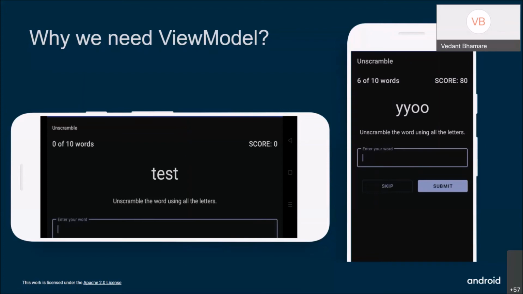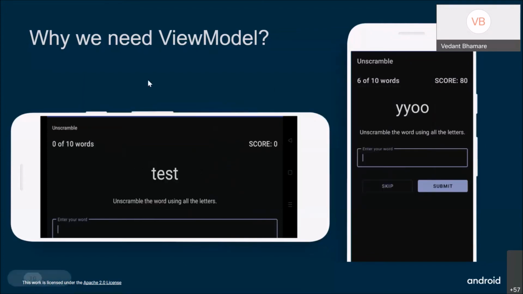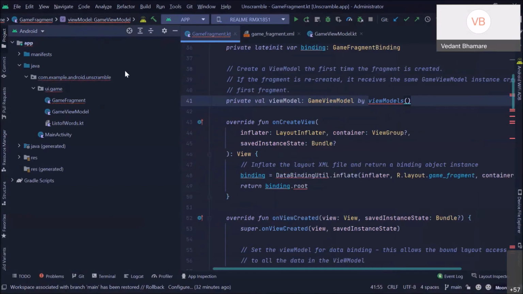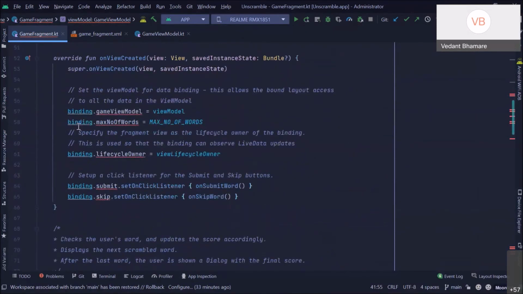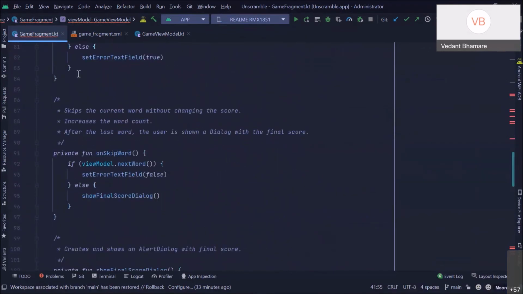So what ViewModel is, basically, is like whatever changes. So this is the UI code, right? So I'll just show you. This is the app. You would be given it in your course content as well. So this is the fragment in which your code related to the UI is there. This is where you are assigning all the values to your UI content. So this is the UI content, and this is where ViewModel comes in.